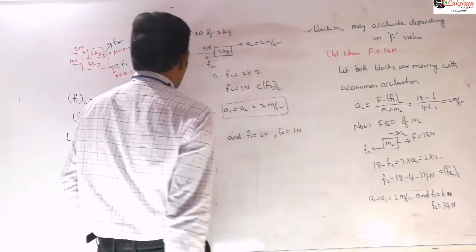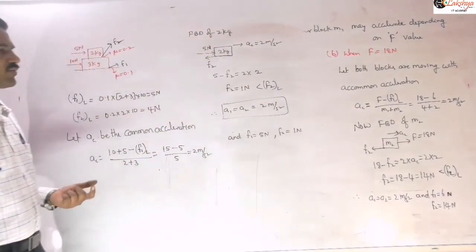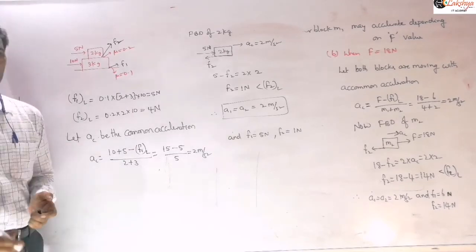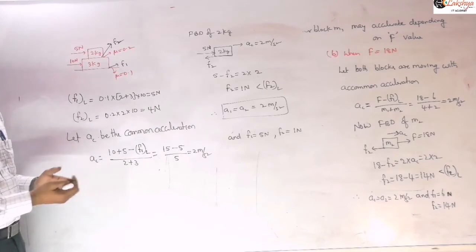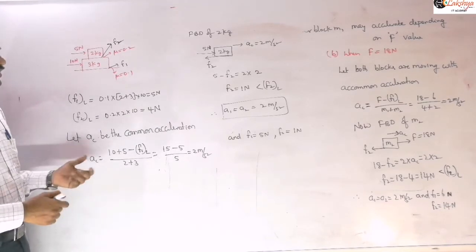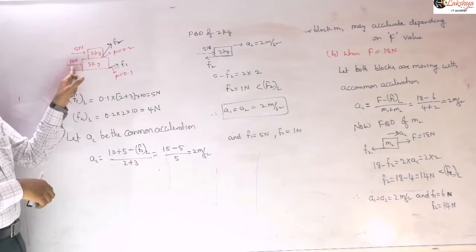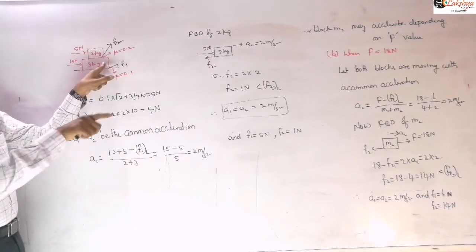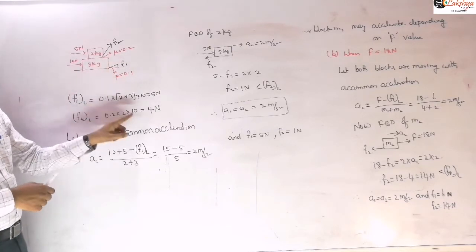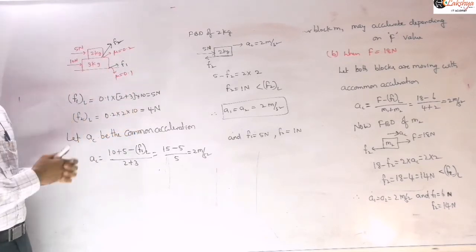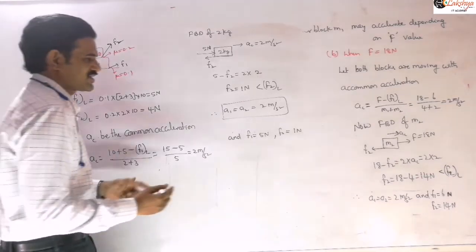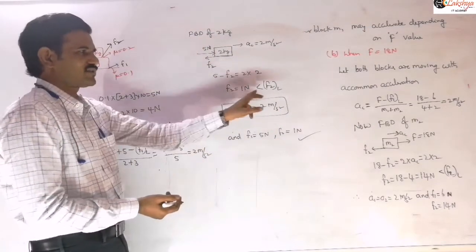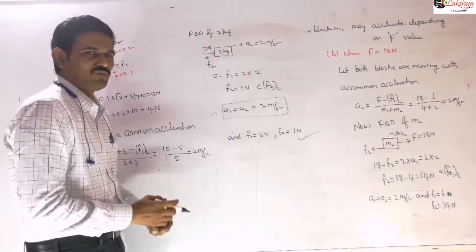And you may take the free body diagram of this lower block and further block also, you may check whether this assumption we are writing is true or false. So for that also now you can verify that. Like if you are taking this 3 kg block, then for 3 kg block 10 Newtons is acting along this direction, and this reaction force for this 1 Newton will be there in forward direction, and then this force F1 limiting will be there in backward direction here. That means now I am just verifying this. With this, up to here the problem is completed. Once you get this conclusion, our assumption is true, then the problem is completed.